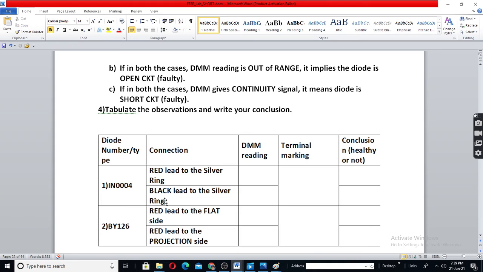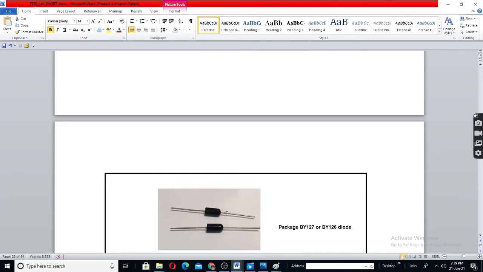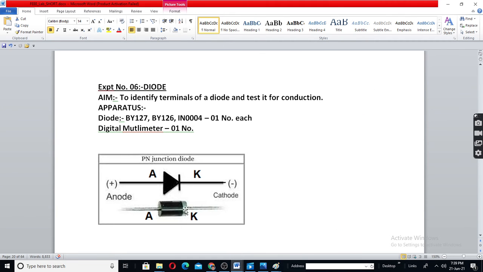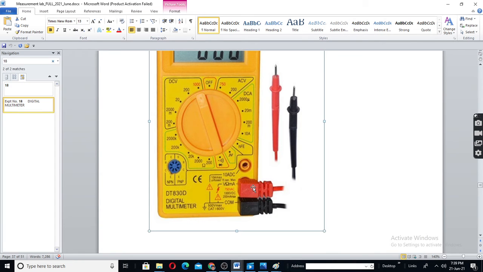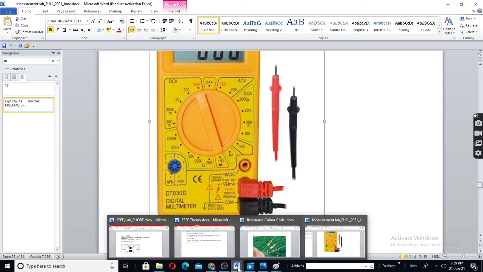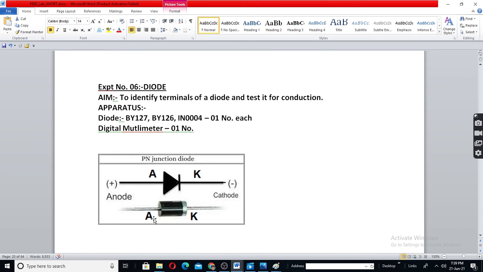Okay, reading will be out of range. When you connect black to silver, meaning cathode, when you connect black to the silver end, or silver ring, both are the same. You can call this the silver ring or silver end cathode. When you connect the multimeter's black to cathode and red here, it will be forward biased because red is positive.